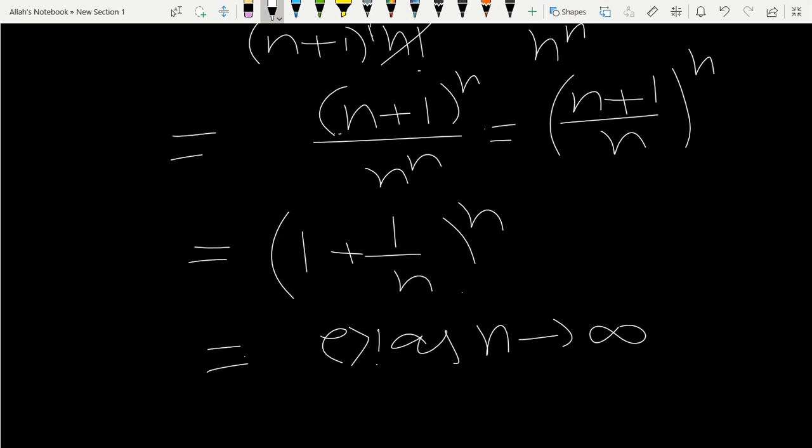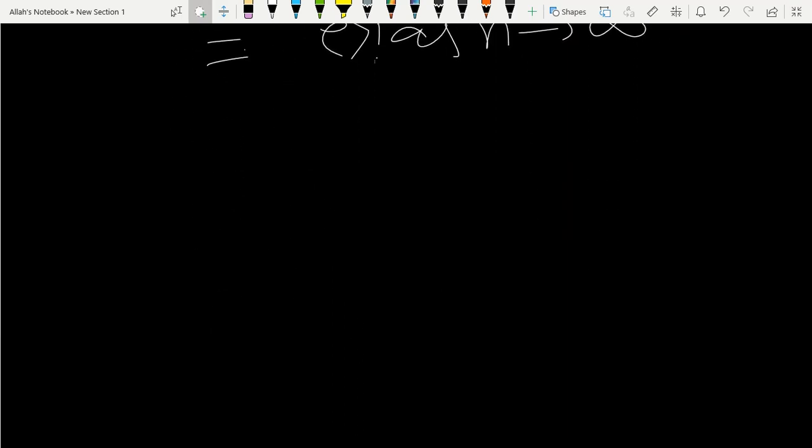Once again, I would like to repeat, the ratio test is convergent if the limit is less than 1, and of course divergent if the limit is greater than 1, and if the limit is equal to 1, then this test will fail. Okay, so the next example is